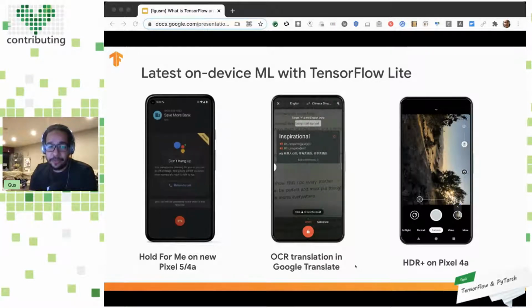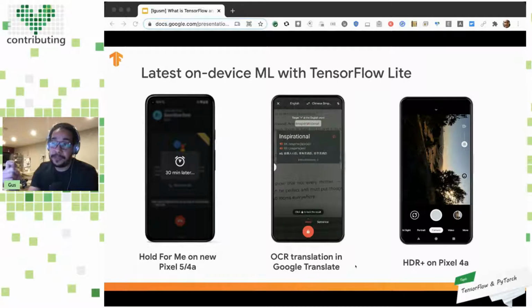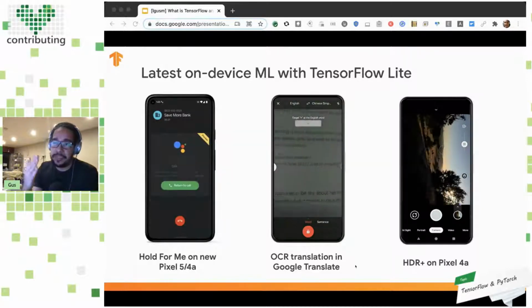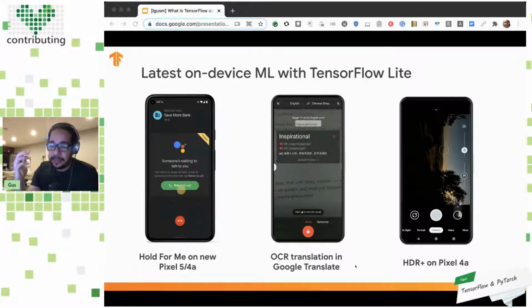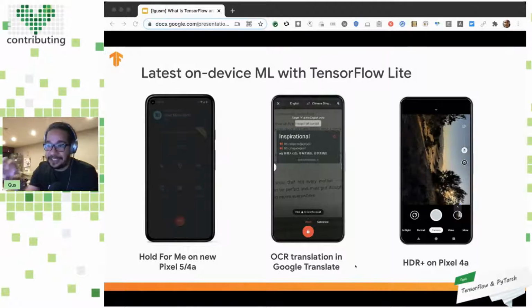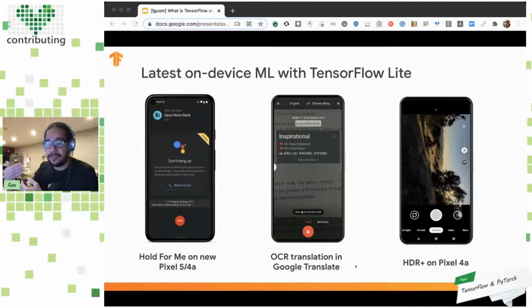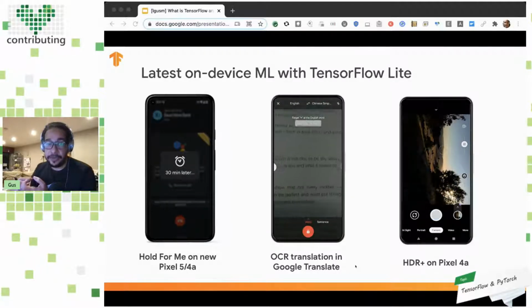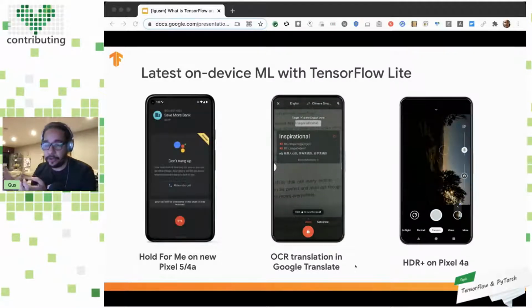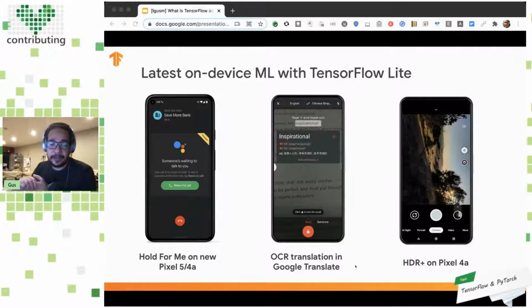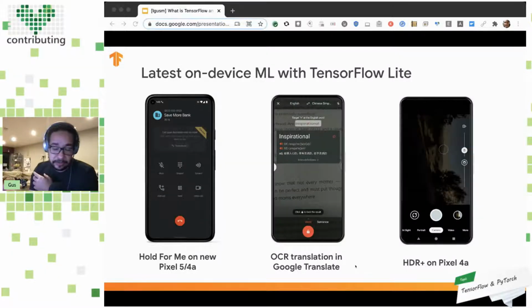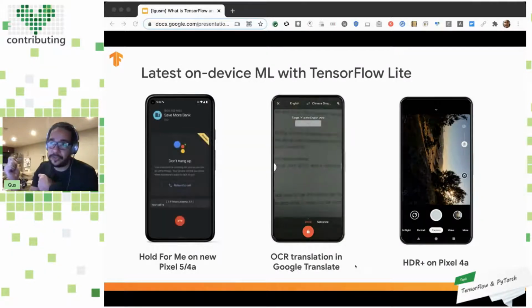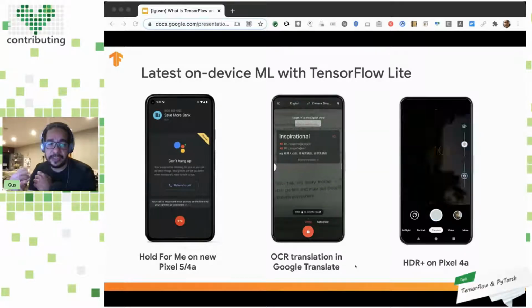Aside from that, of course, we have Google Translate, where you can point the camera at a text. It will run some OCR, which is getting text from an image. It will figure out which language it is, and after that, it will translate to the language you want. So that helps you with a lot of things, like, for example, reading a menu in another country. Or seeing signs on the street, lots of things. So Google Translate does that.